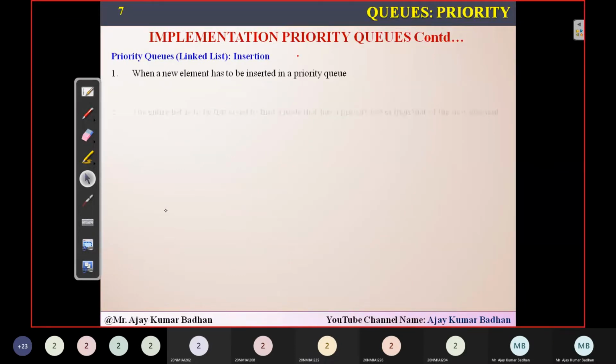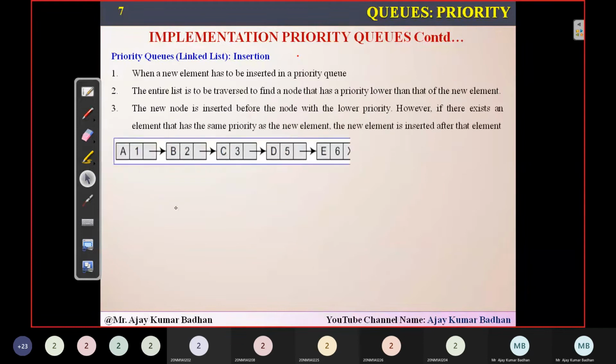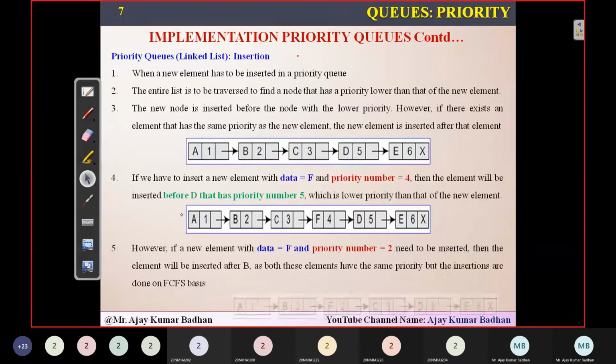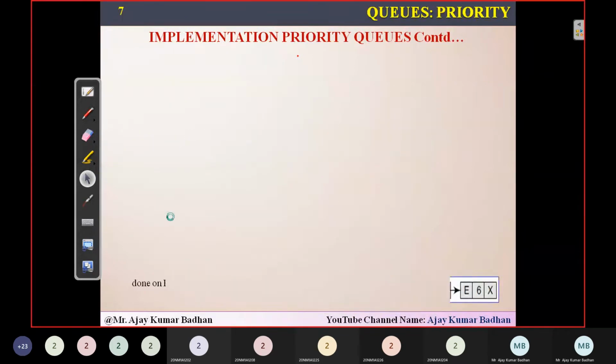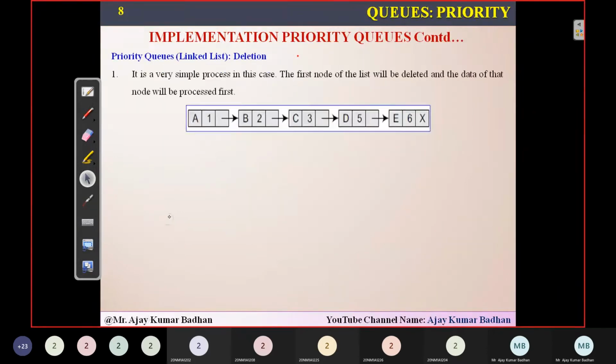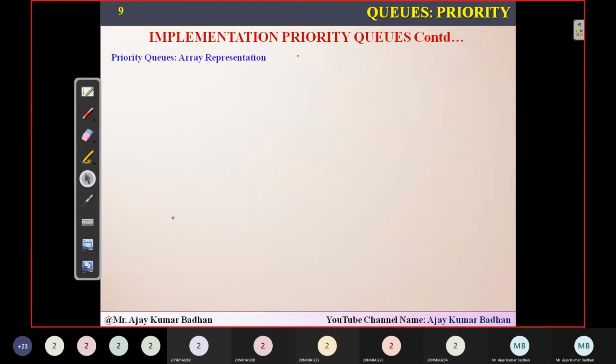So you just concentrate when we are explaining it. The next way we can represent this. This is something like insertion and deletion. This we have already discussed in the previous session. While explaining the program, I will explain this insertion and deletion process once again. So I'm not going to waste time.